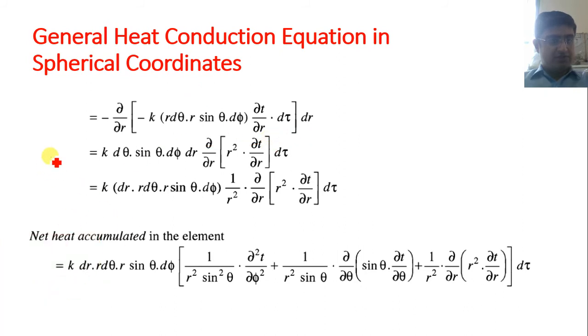And if we further solve this equation, placing all the constant terms out of the bracket, so minus k, minus becomes plus, so plus k. r is not a constant, so it is placed inside the bracket, and with the other r it becomes r squared and ∂T/∂r. The remaining terms are all constant, so they are placed out of the bracket: dτ, which is also constant with respect to r, and dr, which is the thickness and again constant with respect to r, so dr stays as it is.